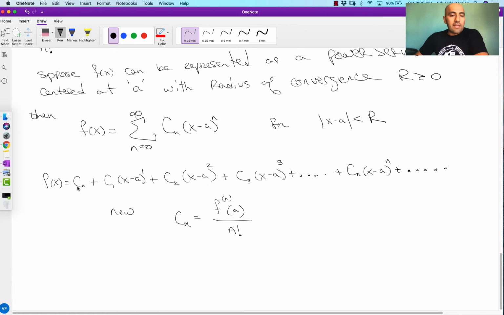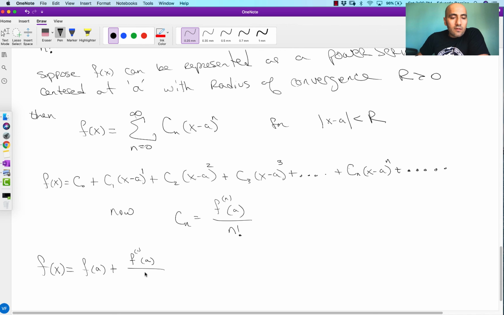So that means that if we go back to here, we can replace all of these guys in the following way. So f of x is actually equal to f of a plus the first derivative